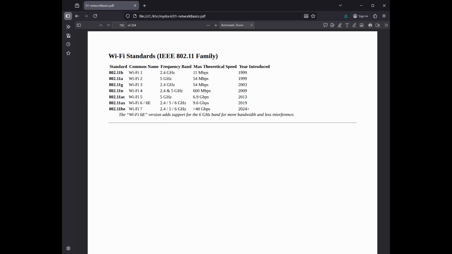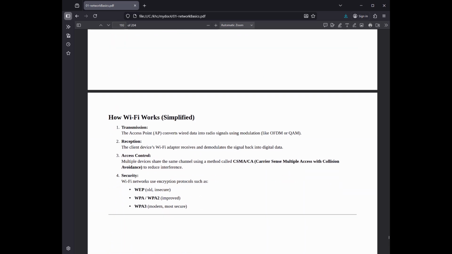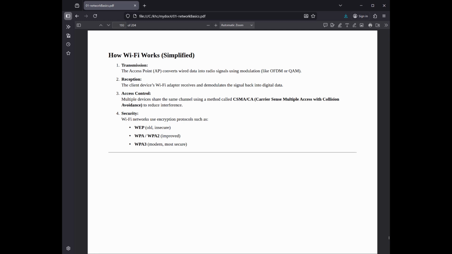Tech core technology and working principles. Radio waves: Wi-Fi uses radio frequencies, primarily in the 2.4 GHz, 5 GHz, and more recently, 6 GHz bands. Access points, APs: a central hub, usually a wireless router, translates wired internet data into radio signals and vice versa. Modulation: to transmit binary data, Wi-Fi uses techniques like orthogonal frequency division multiplexing, OFDM, to split signals into subsignals, reducing